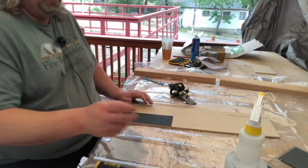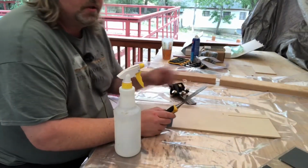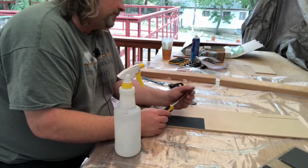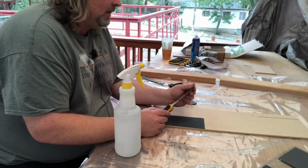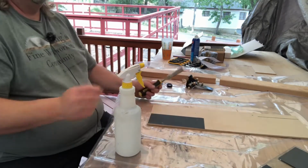everything that I've read, everything I've heard, everything everyone said, you want to start with the back of the chisel first. So that's what I'm going to do. I'm going to start with the back, and then I'll switch over to the front, and that's when I need my honing guide. So